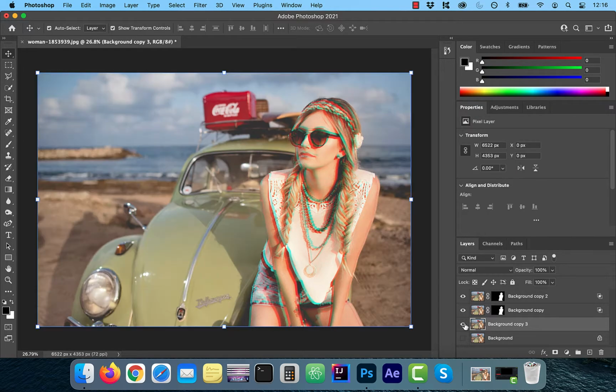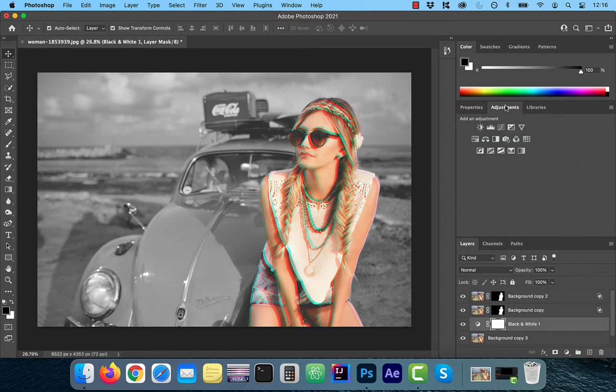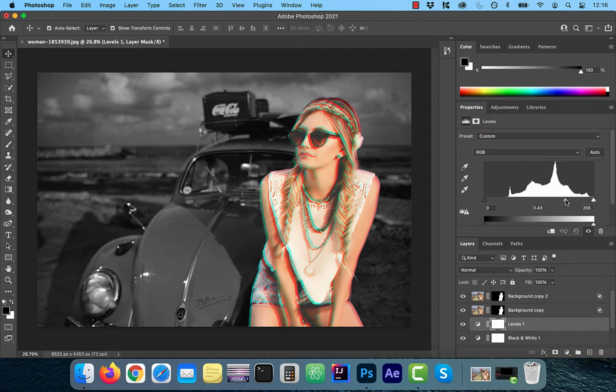layer and turn the background black and white by creating a black and white adjustment layer. I'm also going to add a levels adjustment layer to create a better contrast between the model and the background. So the way you do that is by playing with the slider in the center and selecting the desired black